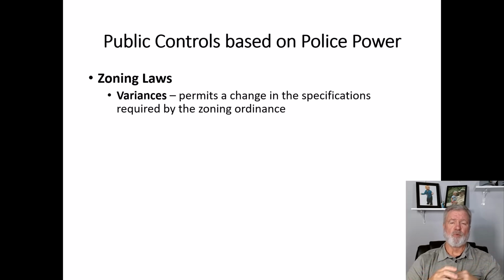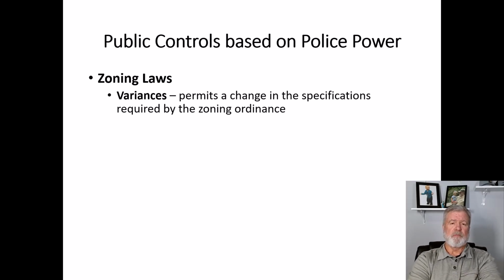Well, an option would be you could go to the Planning and Zoning Commission and request a variance. By requesting a variance, in essence, you're asking the Planning and Zoning Commission to rezone your property so that you can use it based on what you want to use it for. Now, I will tell you, they do stuff like that quite a bit. But the key is this. When you request a variance, obviously there's going to be a fair amount of paperwork involved, and you basically have to write up what it is you intend to do with the property.